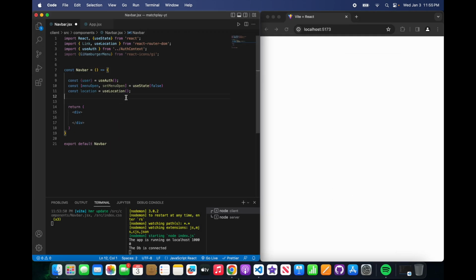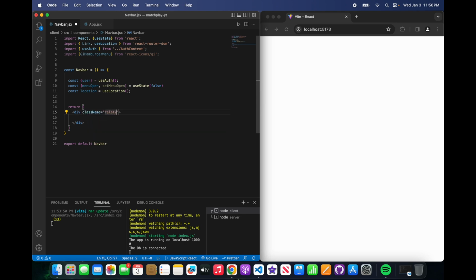Cool. So what we want to do now is say, and that's what this menu open is doing also, this hamburger menu, that's its role right now. And location, use location is a function that we're going to be using to let us know where exactly we are on the browser. So to begin with, let's just build out the structure of our page before we need anything else. We're just going to say div class name